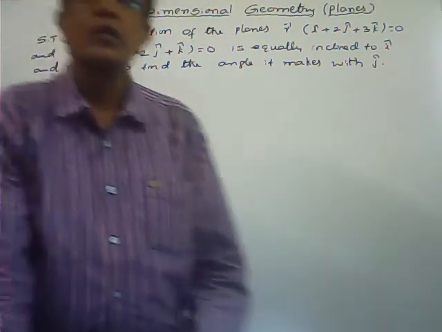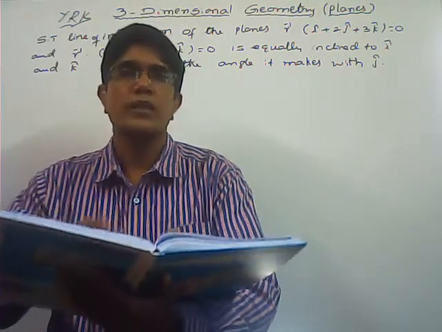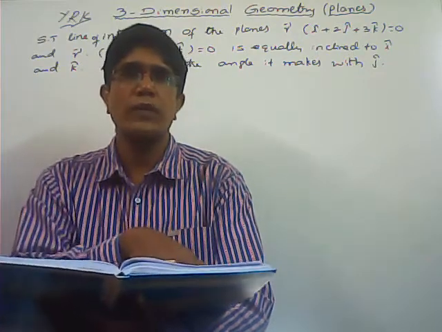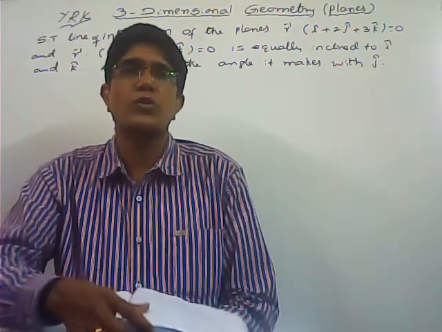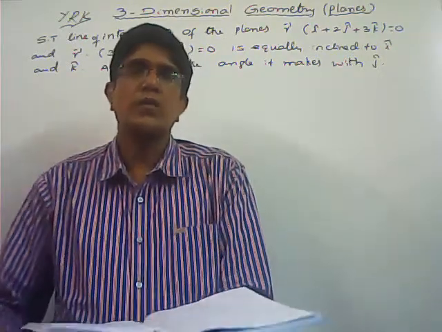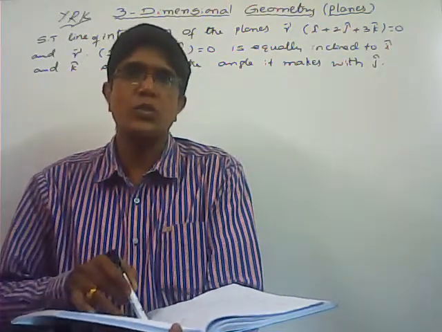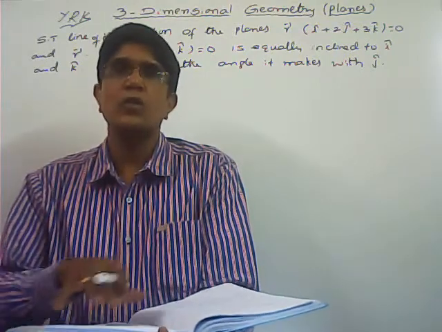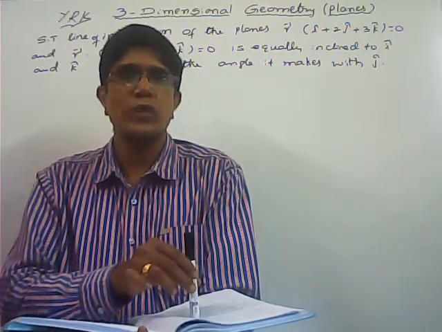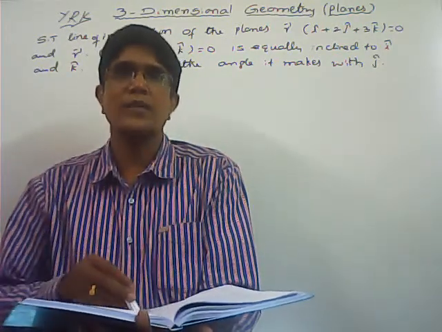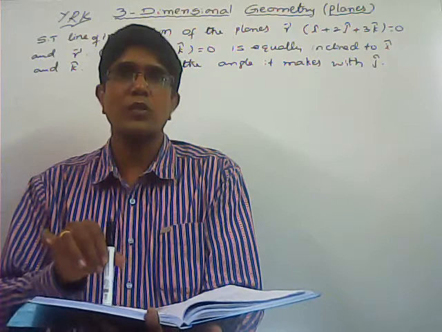For example, if you open the book, here this is one of the planes and this is also one of the planes. Here the middle one is the line of intersection of these two planes only. So generally we are considering the normal DRs of the planes. That line is perpendicular to both the normals. So I am taking n1 bar as the normal DRs of the first plane and n2 bar of the second plane. So what is the direction of the line of intersection? That is perpendicular to both n1 bar and n2 bar.